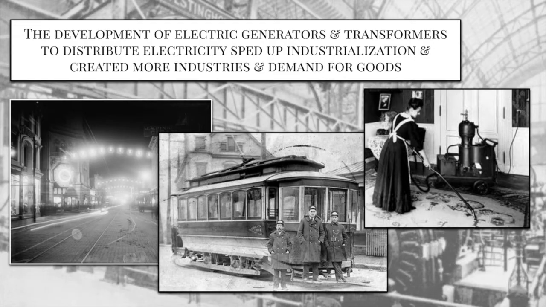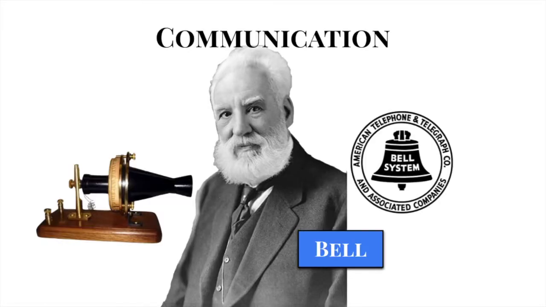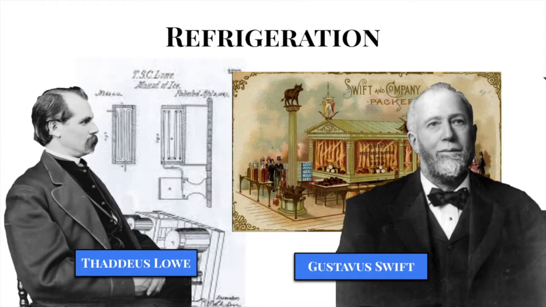We're going to see electric lights lighting up cities, which is going to create business opportunities to stay open later. We're going to see transportation like streetcars, and appliances in the home like vacuum cleaners, washing machines, and refrigerators. So the use of electricity is going to expand business opportunities. Communication, like Alexander Graham Bell and the telephone, and the Bell Telephone Company that will emerge from this, is going to revolutionize communications, make it instantaneous, again providing more opportunities for business.